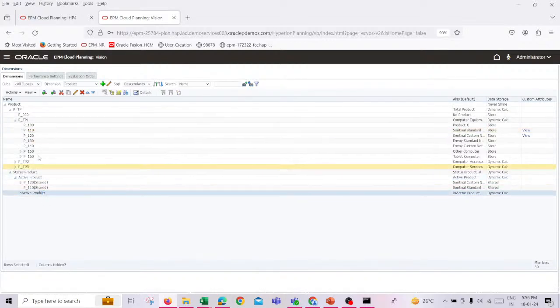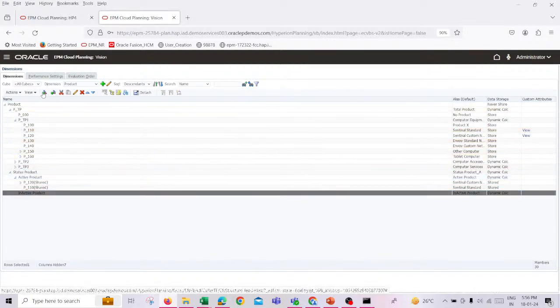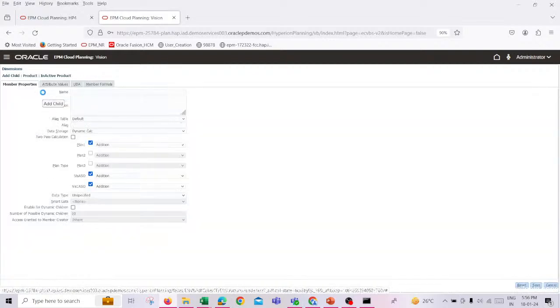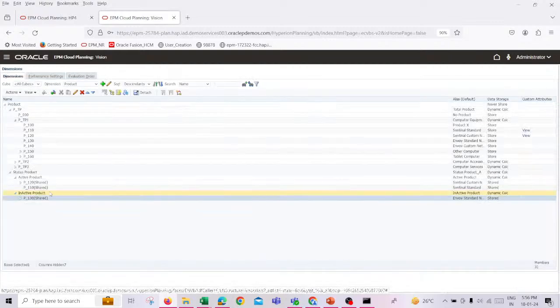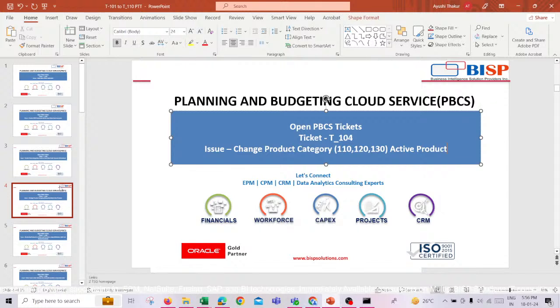Okay, under my inactive product I will add one child, p underscore 130. Now you can see I have categorized these three products as highly active and highly inactive products. So this is how I have resolved the fourth issue. Now it is going to be my fifth issue. My fifth issue is